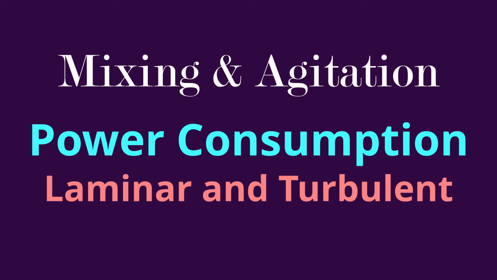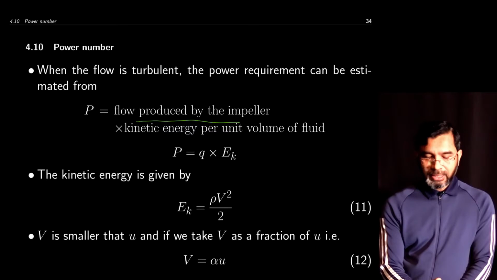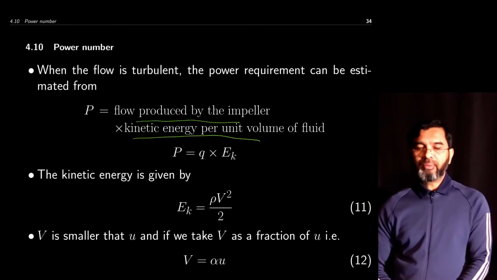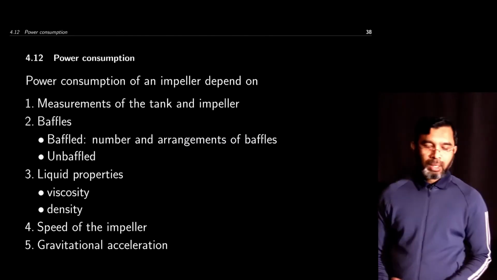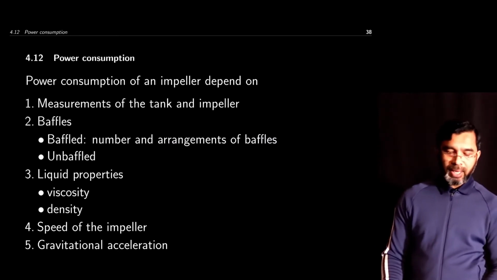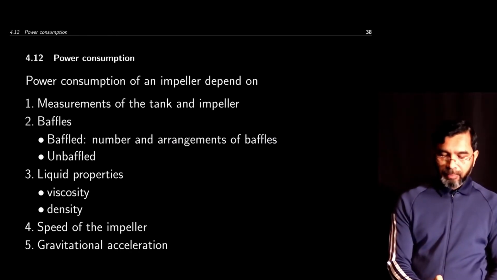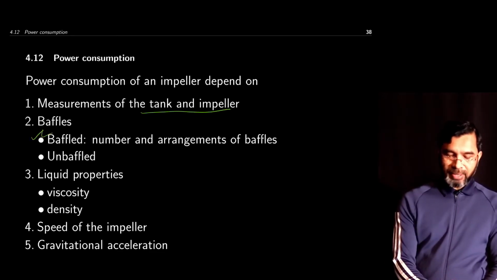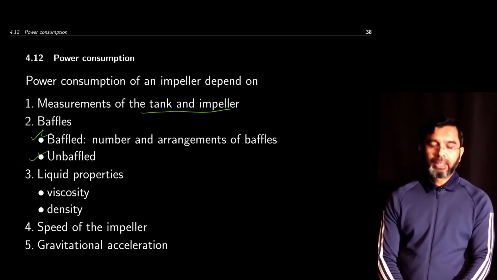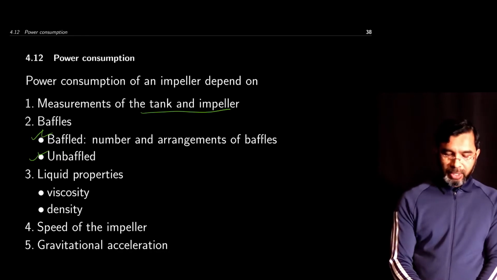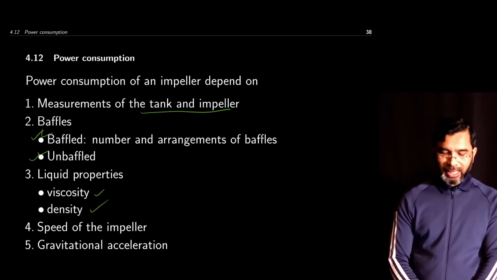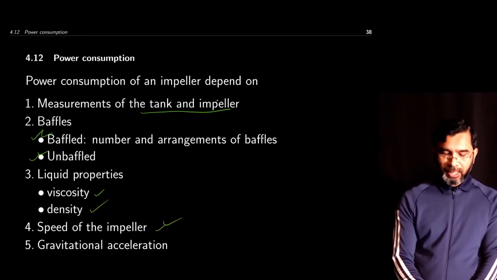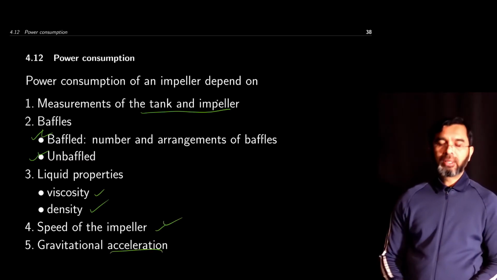Now the power requirement can be estimated by the flow produced by the impeller times the kinetic energy per unit volume of the fluid. Now the power consumption of an impeller depends on the measurement of the tank and the impeller baffles. So if there are baffles and if it is unbaffled, the power consumption will be different. It also depends on the liquid viscosity and density, speed of the impeller, and gravitational acceleration, which we will assume